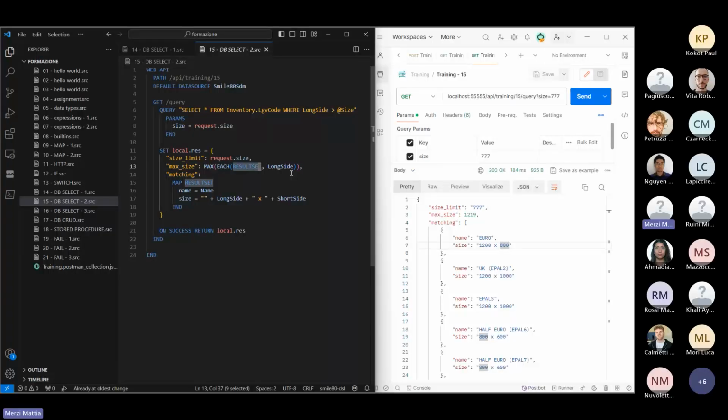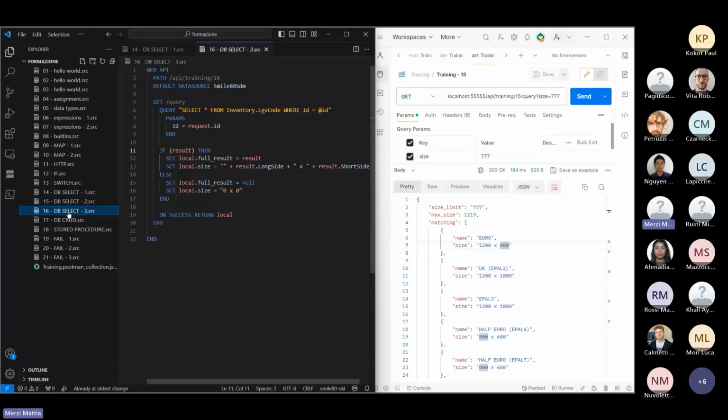But if our query by design returns a single row, it is quite useless to say anytime return me the first row of this single row. So we have simplified a little this